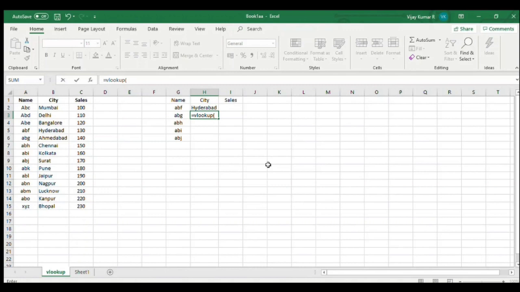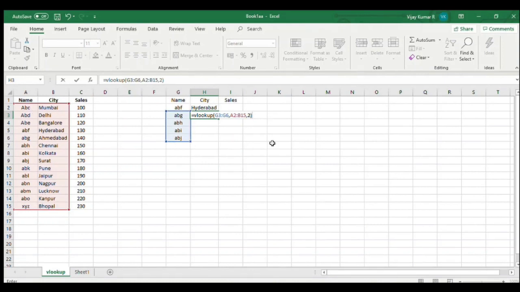Let's say employee name ABG. I put the formula equal to VLOOKUP, open the bracket. Now I'm selecting the remaining 4 employees, so I'm just showing you a different range. Again I'm going to select the first two columns because I want to search the employee and I want the result on the city.